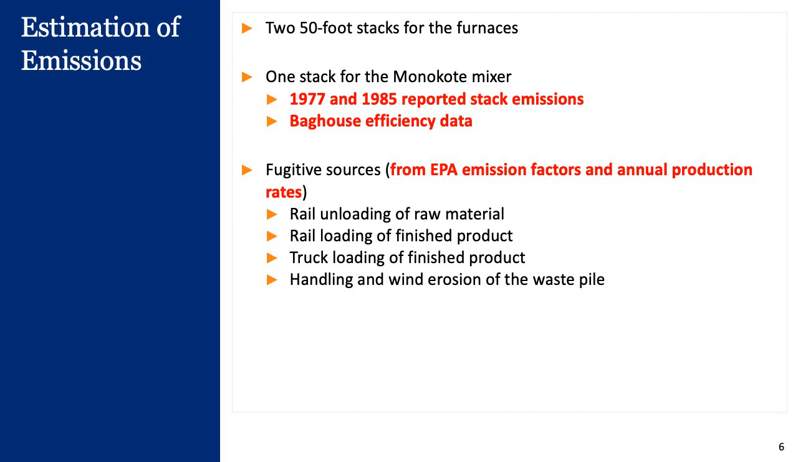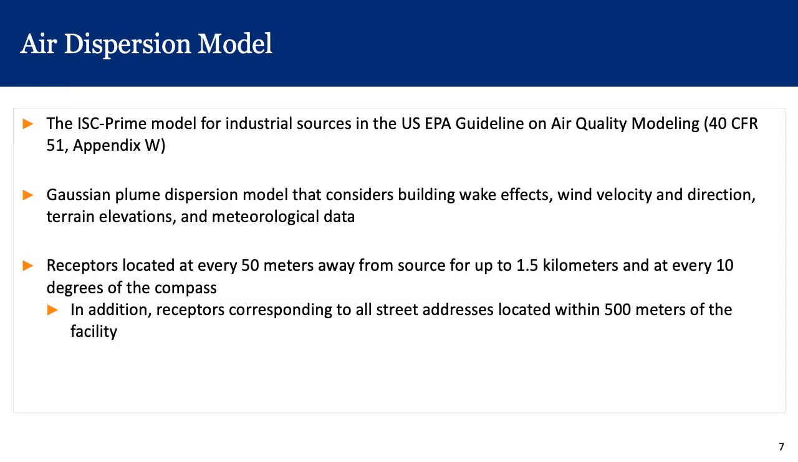Same thing for when you load up a rail car or a truck, how much dust is airborne per kilogram or per ton of finished product being loaded onto the truck. And likewise, if we have piles of either the raw material when it first came or the waste piles after the final product has been made, how much of that gets airborne because of wind erosion and other types of handling? The model we used in this instance is, again, a standard US Environmental Protection Agency model called the ISC